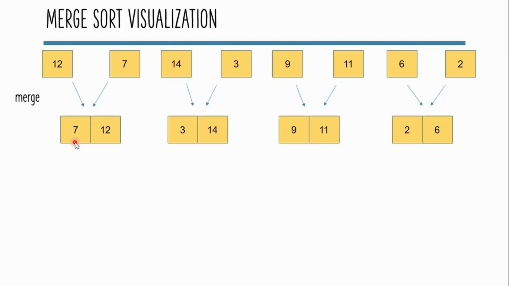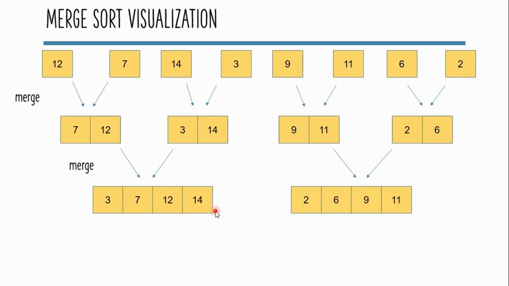Now 7 is again compared with the next value, that is 14. So again 7 is less than 14, so we need to append 7 in the final array. And now we are left with one element in the leftmost subarray and one element in the rightmost subarray. So in this particular case we need to take up another loop as well, and we'll simply iterate through those two loops, and we'll obtain our final array like this. A similar procedure will repeat for the rest of the pairs that are there, and we'll obtain these two new sorted subarrays.